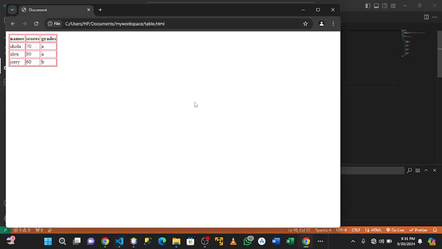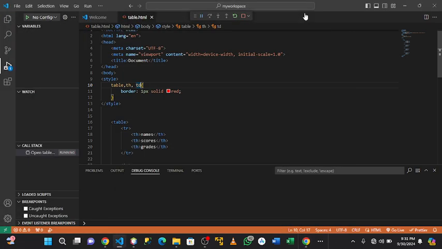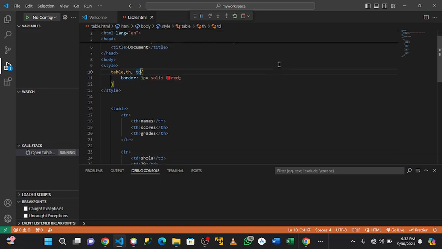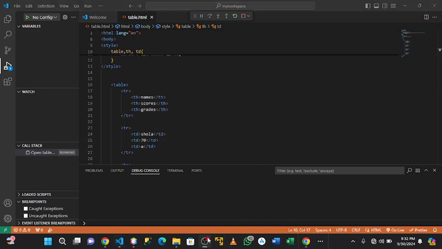You can see now each of our table headers and our table data, they have a border, because each of their elements are text that is within those tags, isn't it? Are you getting it? So each of it has their data. So there will be a scenario whereby you want to span two columns within